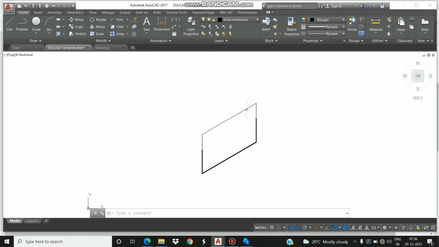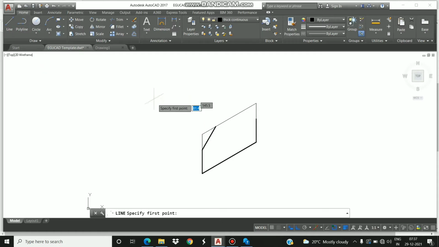Similarly, from this end the distance is 20, which is joined here with this lateral line. So in this direction 20 and join it here, and delete this line. This line of length 20, delete it.